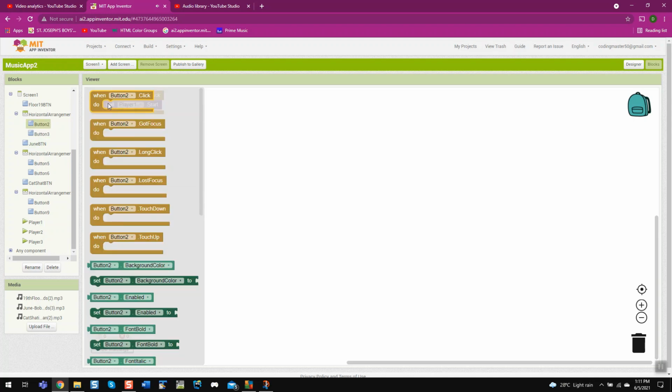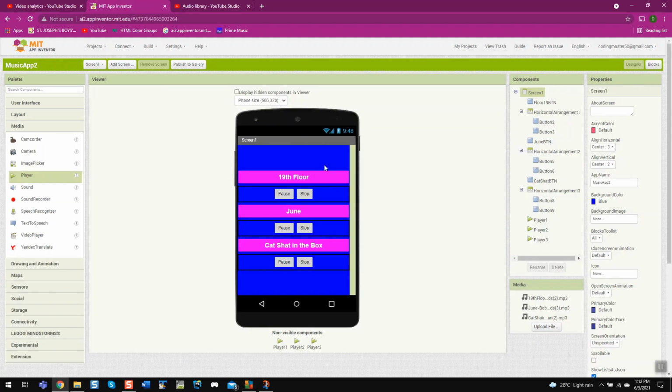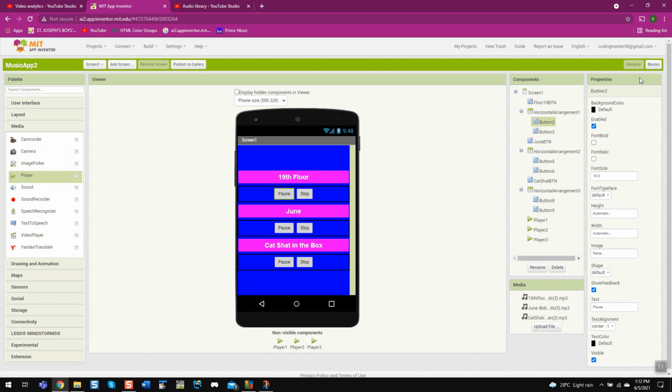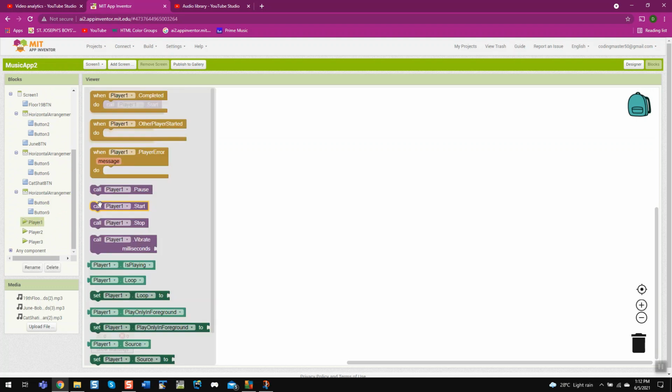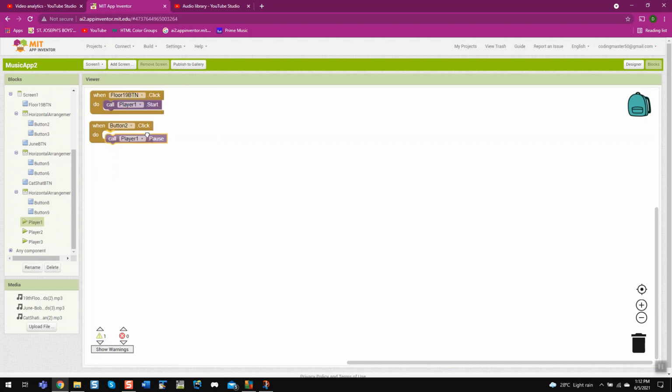When button 2 dot click, which means the pause button here for the 19th floor, then set player 1 dot pause. And copy and paste this.